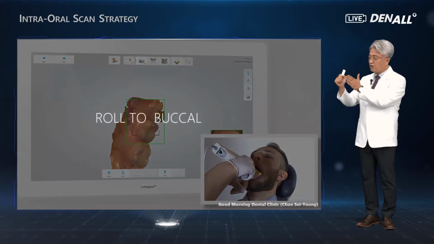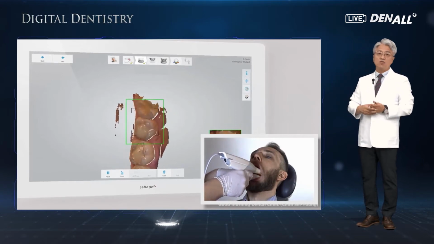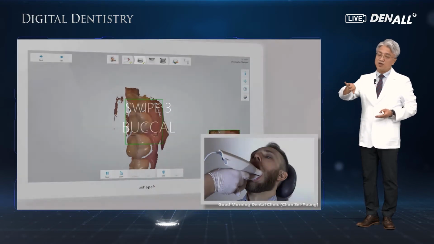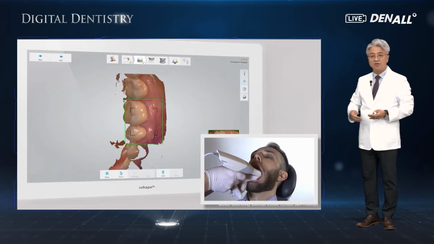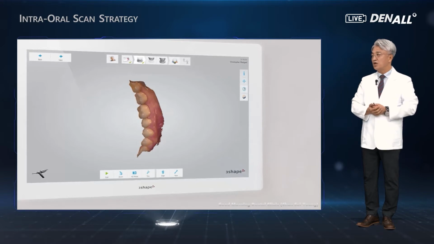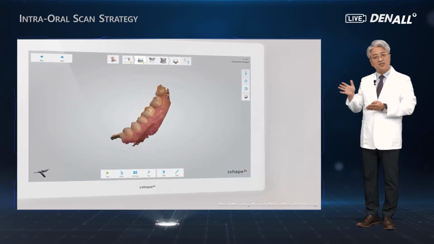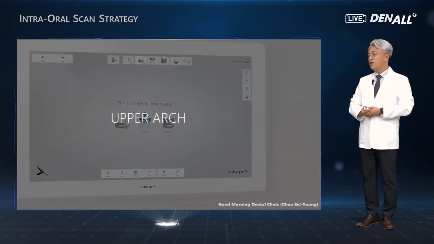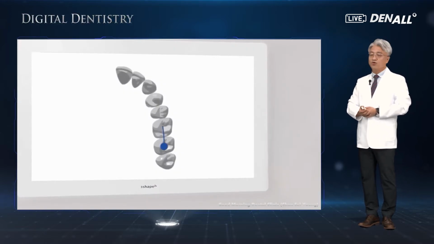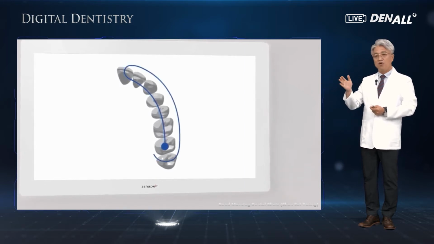For the lingual scanning, run the scanner in parallel, closer to the inside of the teeth. When you reach the most posterior region, move to the buccal side. Move slower in cornering, then move in a straight line. On the buccal side, as you can see, scan thoroughly the margin between gingiva and teeth. Then you will get data properly without major problems. Similarly, on the maxilla, from posterior to anterior, scan the occlusal surface and then move